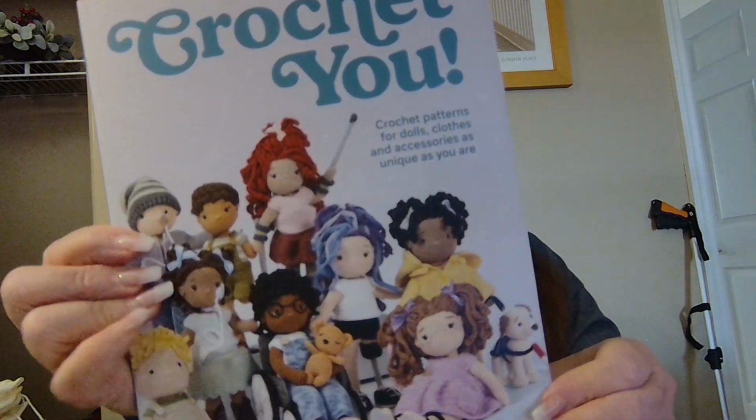This little book has dolls that represent some curveballs that we all have seen, maybe not so much for ourselves, but for those in our family or just strangers on the street. So that was why I was pulled towards this little book,